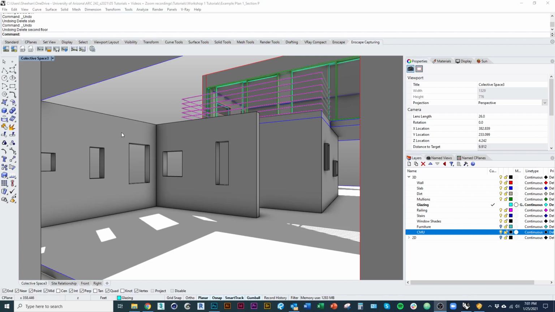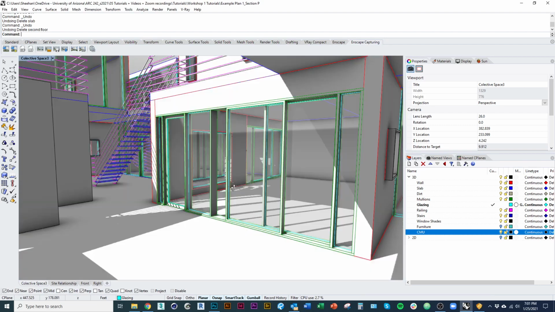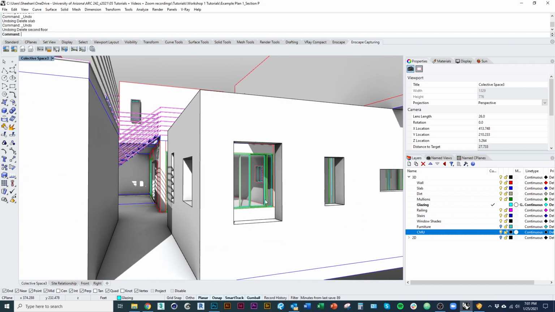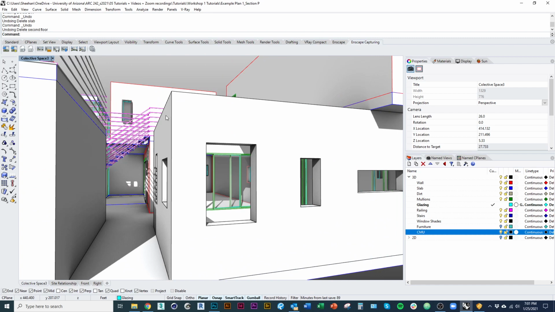Okay, so in this video, I'm going to talk about exporting channels when you render an image in Enscape. So we have our same model set up. We already have the views and all the settings established for the rendering. I just want to talk about one option that you can include when you export